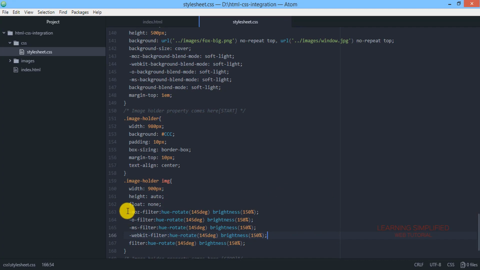So these are the hack codes that we need to mention first, and then we need to mention these particular filter properties. Each time this rule will be followed, whether you are using a chain of properties or a single property, you need to mention it along with these hack codes.